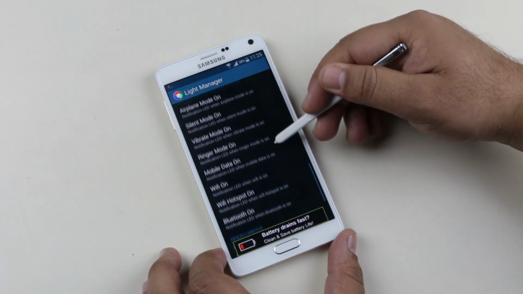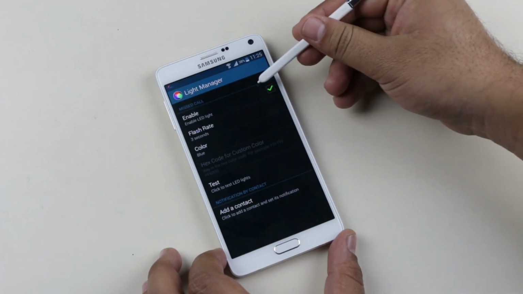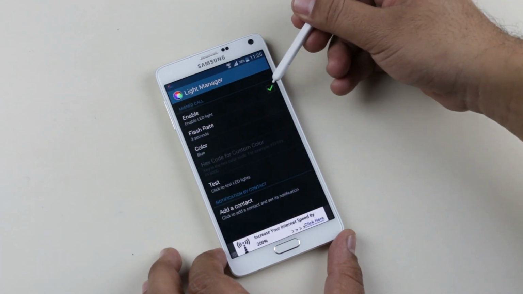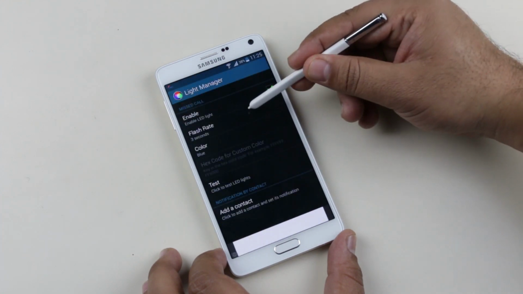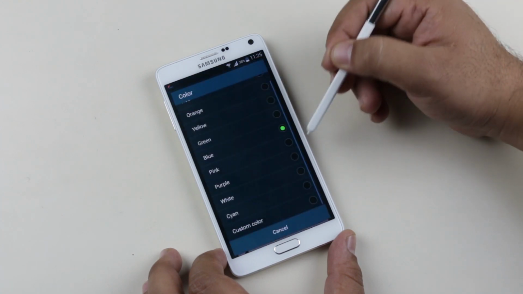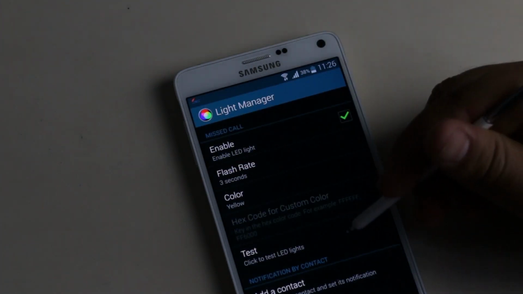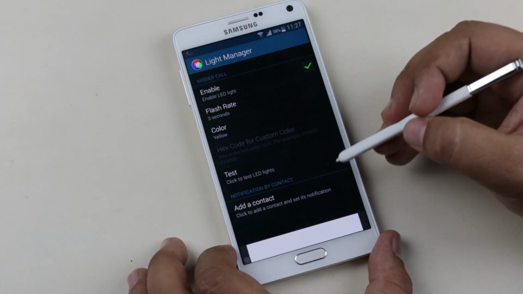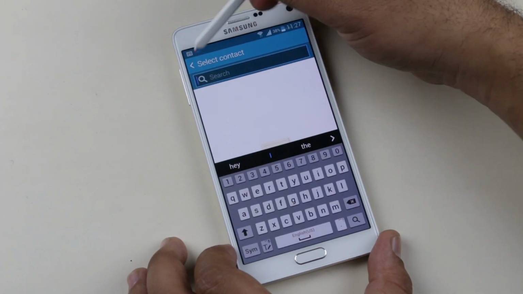To customize the notification light for any of the given actions, say for example missed call, tap on it and here you have the option to enable or disable the notification light. You can choose flash rate timing, that is the blinking rate of the notification light, and then choose the color of the notification light. You also can test it. Even for any specific contact, you can give a separate notification color so that you can identify the notifications from